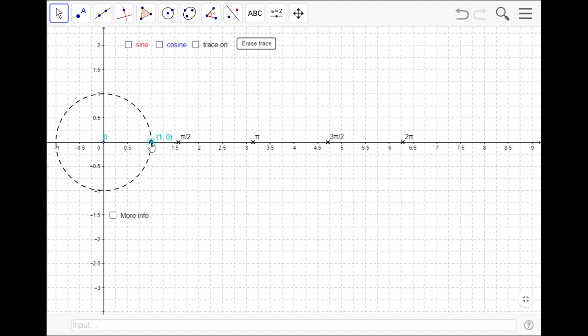Suppose the point is at this position, the y coordinate of the point is 0, therefore sin 0 is equal to 0. Here the angle made by the point and origin with the positive direction of the x-axis is 0. If you change the position of the point, you can clearly observe that the length of the arc itself represents the x, and here the angle is the length of the arc itself.